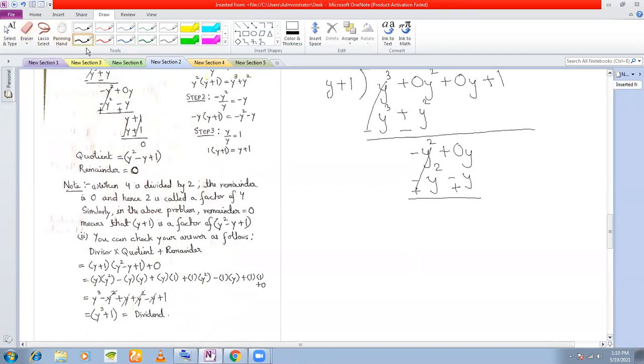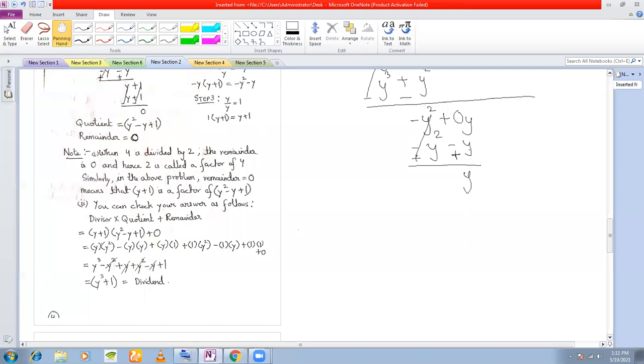Sir, how do we get the plus? As I told you yesterday also, when we are subtracting two numbers, we change the sign. When we add, we do not. But when we subtract, what do we do? We change the sign, right? This plus becomes a minus. When you subtract 5 and 3, what do you do? You make this 3 into a minus sign, isn't it? Then you subtract, right? Yes, sir. That is what we are doing. When you subtract, we change the sign.